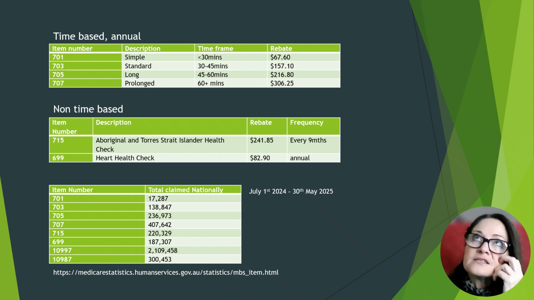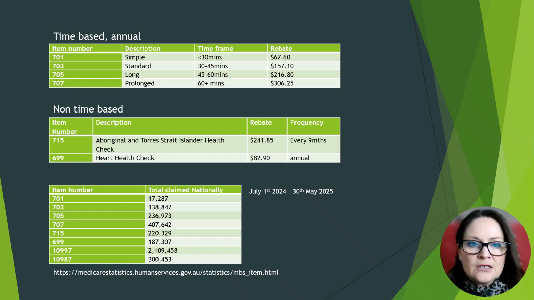I can't remember the specific number of how many care plans were claimed in the last 12 months. But when I calculated what the true representation would be if we were claiming those full 5 nurse support item numbers per person per year, then this number should be 3 or 4 times more than what it is. So it's about a fifth or a quarter of what it should be. And mind-blowingly, the same for 10987. I mean, we're not doing very many